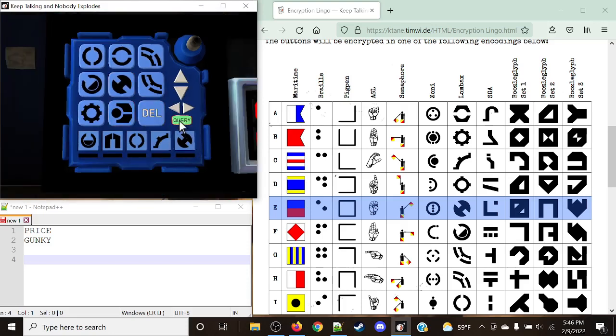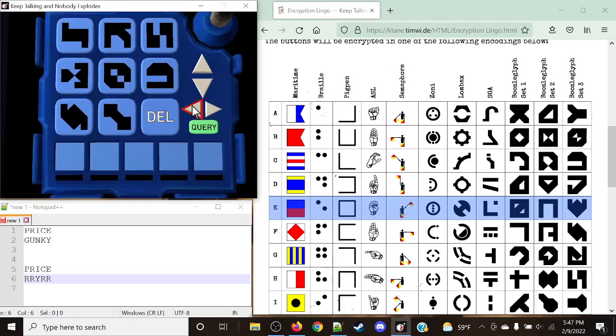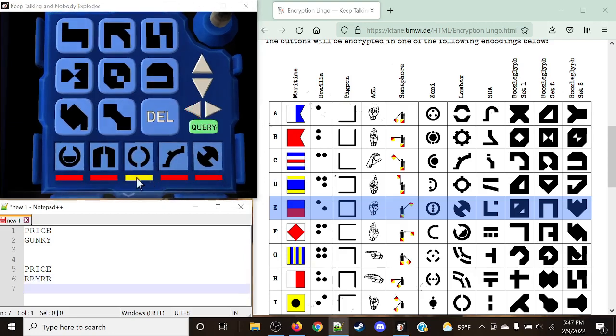And now we're going to hit query. Okay, so with this, we know for a fact that we have red, red, yellow, red, and the way that we can actually help ourselves is we can use these little left and right arrows to see our previous queries, like so. So we had red,